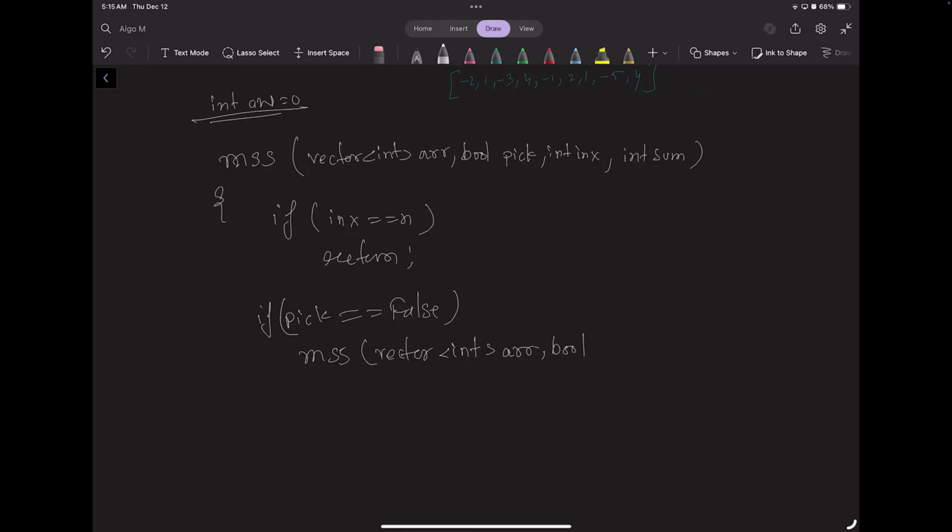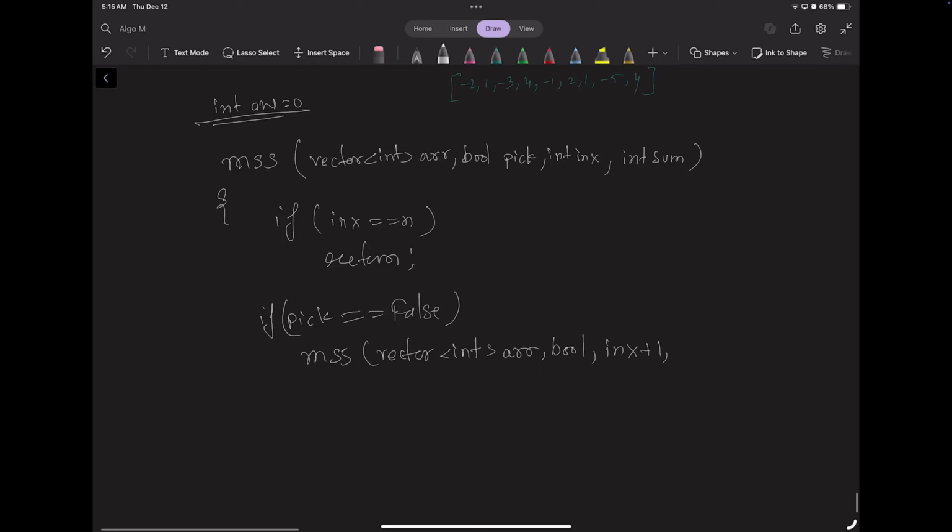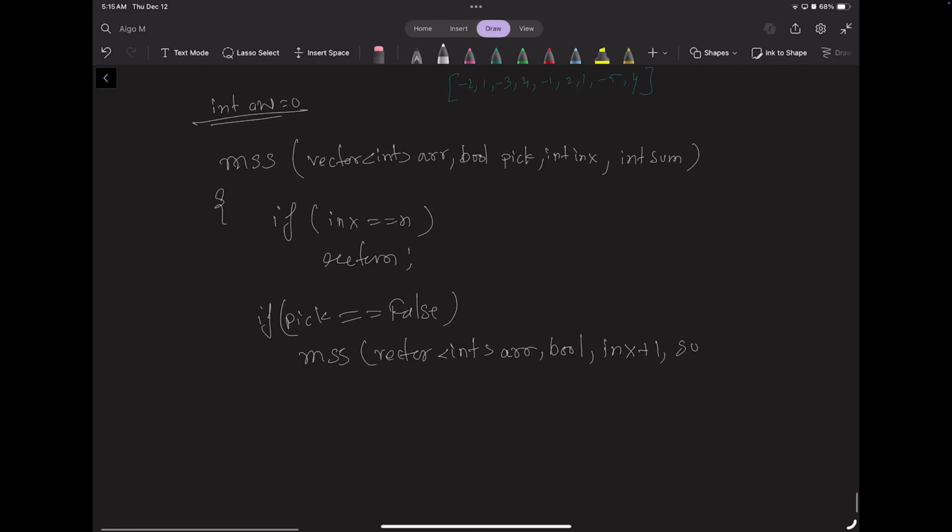So bool comma inx plus 1 comma, if we are skipping the current element, right, then we will just pass the sum as it is. I believe in else part, this will be,